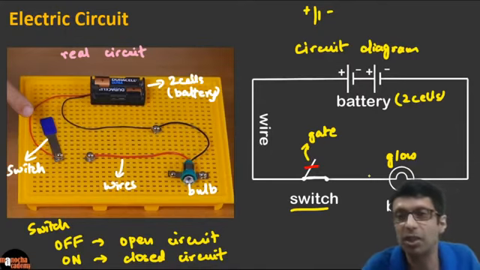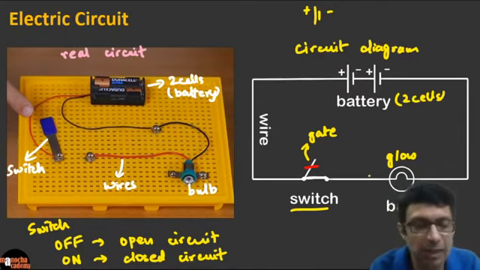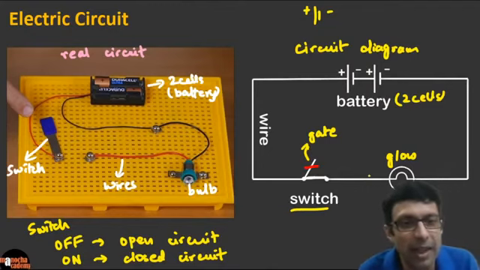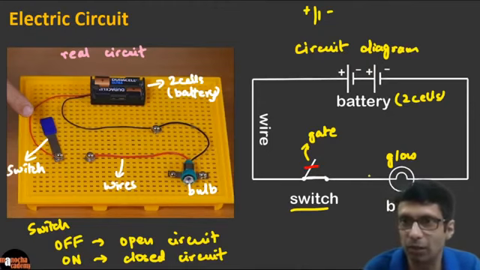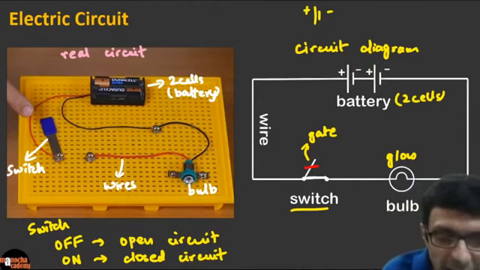Okay guys, so this is known as a circuit diagram, which is a simplified diagram of the circuit, because every time you don't want to draw the actual thing with the bulb and the batteries, you will draw a simplified diagram like this. Can all of you see? And very good, I see some of you are writing: the closed path through which electricity can flow is called an electric circuit. Excellent guys.